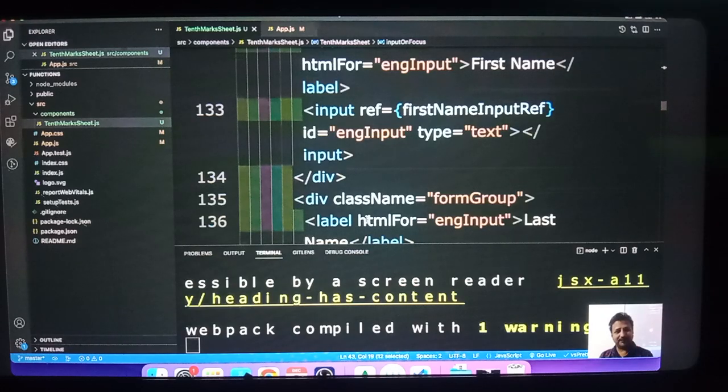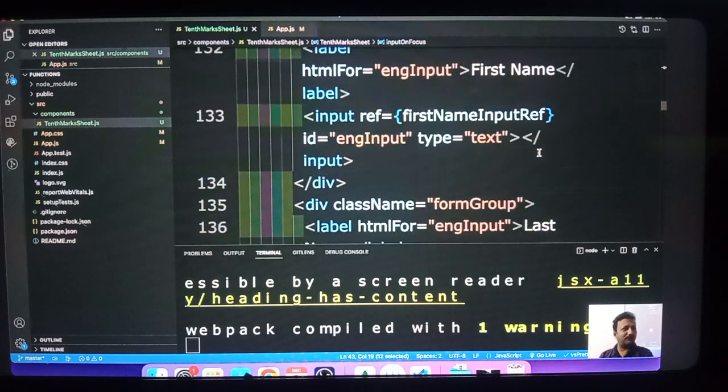Is there? Now first name is there. For first name, we haven't given any input on focus. Now here I will say on focus. I am creating an arrow function inside this. Here I am calling that input on focus function, and I will pass this input ref as the value here. I am passing first name input ref. For that it will change the color